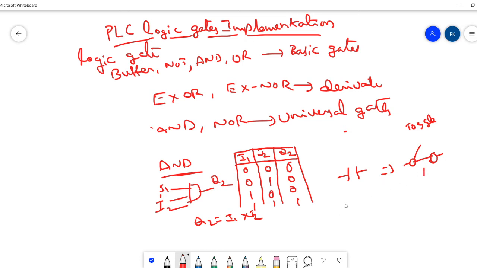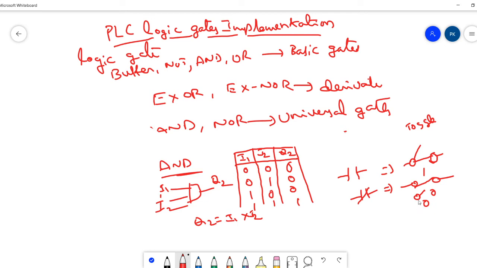Now come to the normally closed. Already I explained the same thing in class. This is the normally closed contact. Initially the switch is in a closed connection. When a normally closed switch is energized by the power supply, the initial normally closed contact will break, so it becomes normally open, so it is considered as zero.